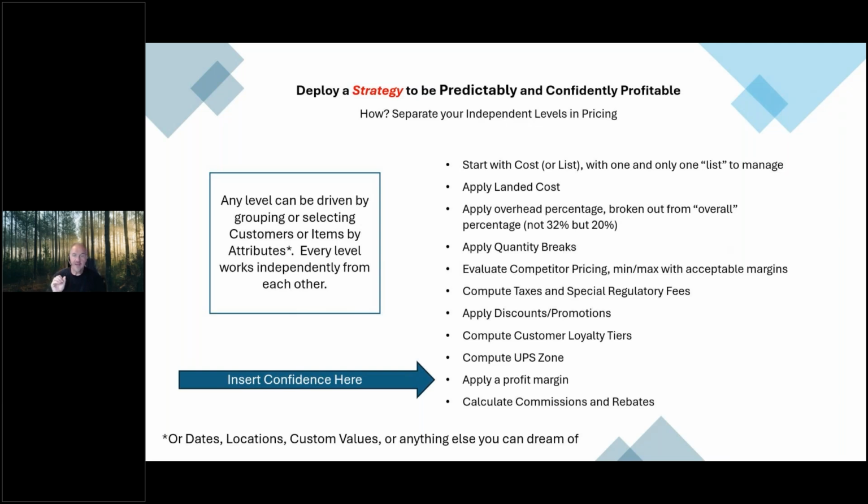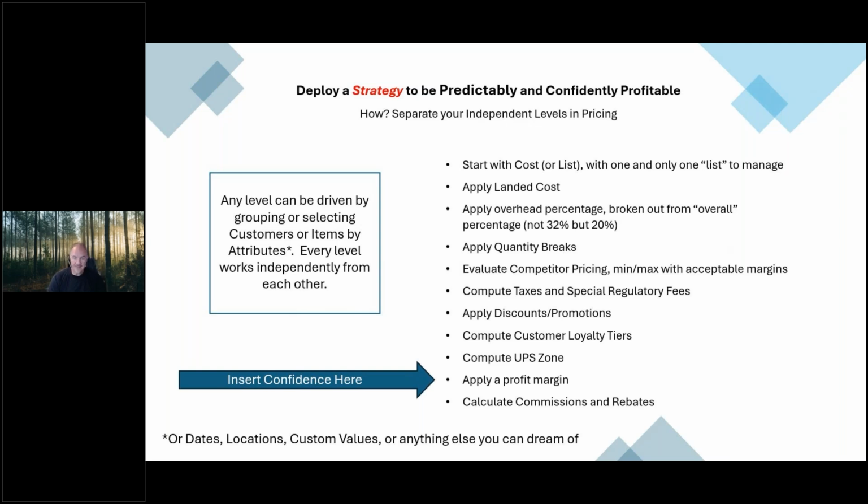And keeping in mind that every single level in behavior is an independent calculation that gets you where you want. And the magic is you put your profit margin at the bottom. That's where you're putting your confidence in your predictable profitability. And so by doing that at the end, you can say, look, with all of this that's going on, I need to make 5% profit. I need to make 10% profit, whatever that profit margin is, that makes you stay in business and want to